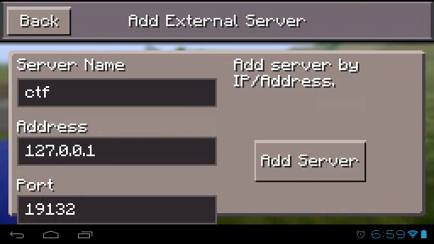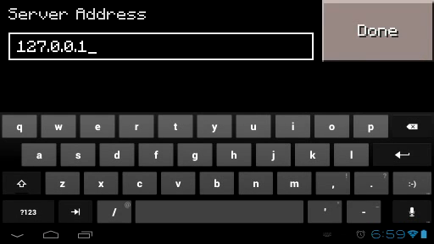Now click the address in the blank and let's put the address of the server in. This is the server I join every day.